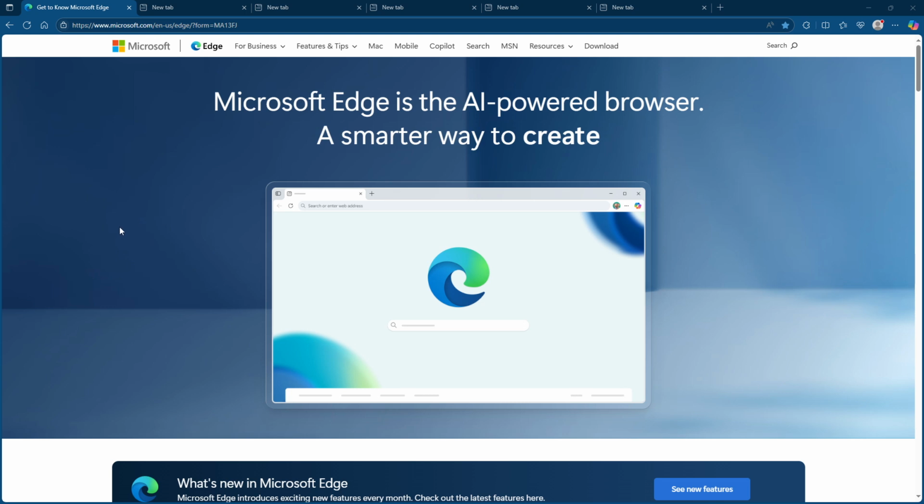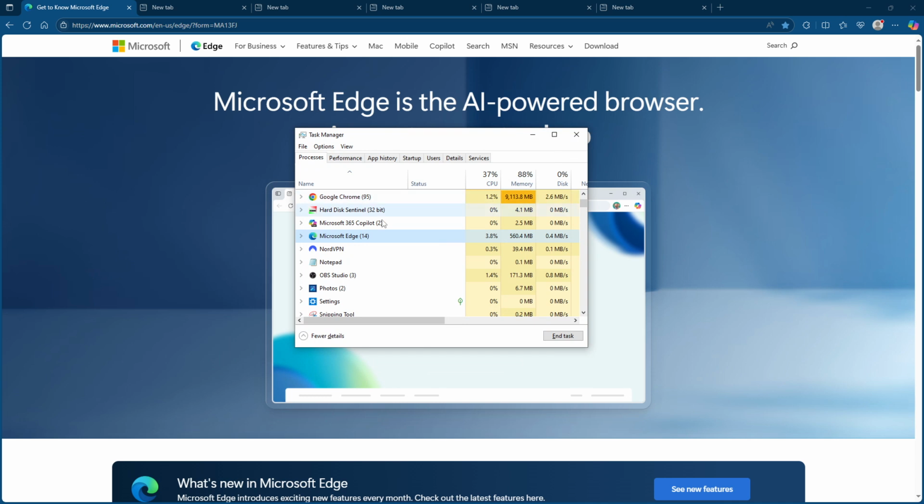First, let's try restarting Microsoft Edge. Sometimes the simplest fixes are the most effective. You want to close the browser entirely. Now this means shutting it down completely, including any background processes. A helpful tool here is the Task Manager. Open Task Manager by pressing Ctrl plus Shift plus ESC on your keyboard, locate Microsoft Edge in the list, and end the task. Once Edge is closed, wait a few moments and then reopen the browser to see if the